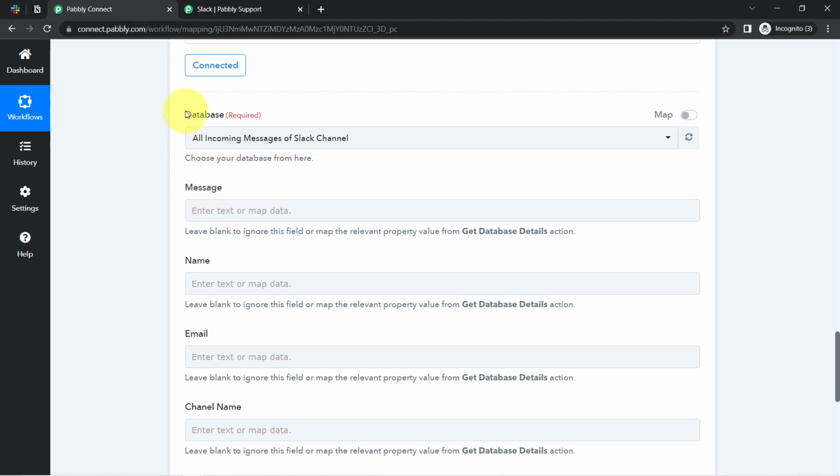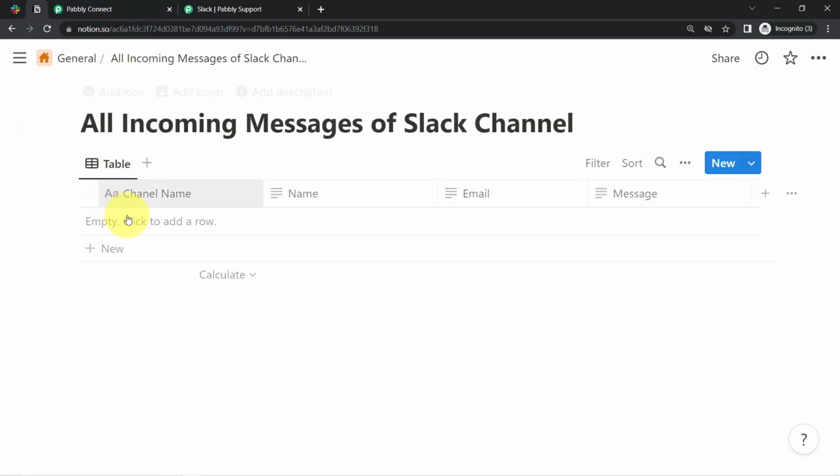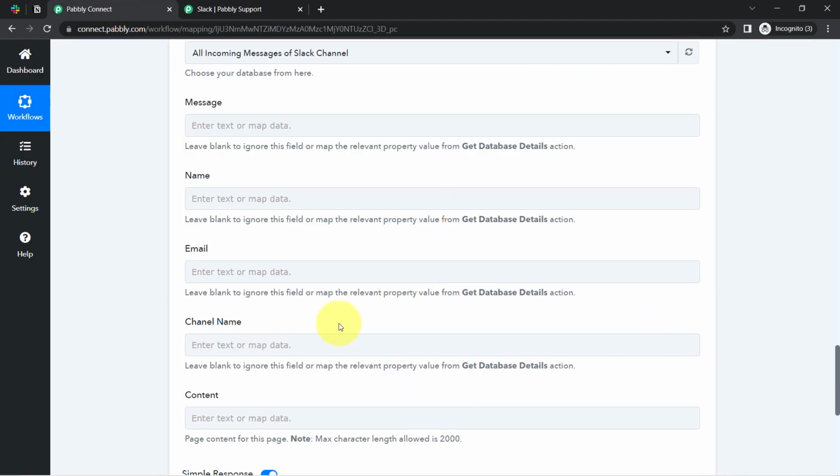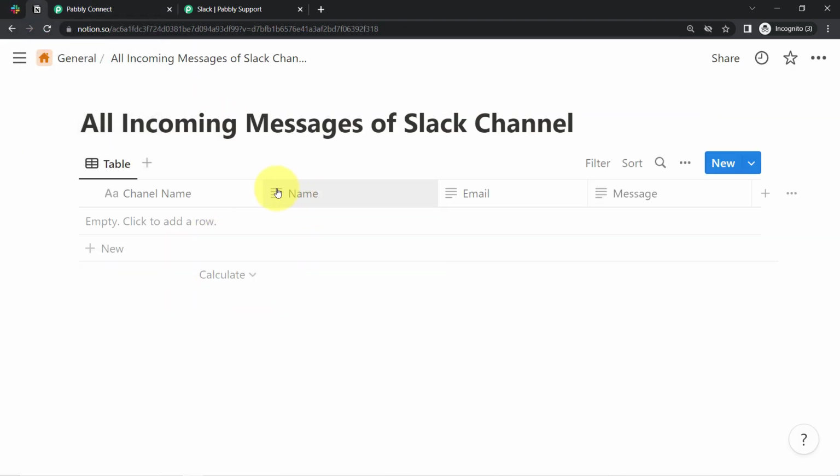Okay, so let me show you the name of our database is actually all incoming messages of Slack channel, and here you can see I have created 4 columns. One is channel name, the name, email and message. If I will come back and if I will show you the fields here, you will find the very same field. Okay, here we have the channel name, the email, the name and the message, and this is the default field. Okay, so I just need to provide the data here inside Pabbly Connect, and you will see how with the help of Pabbly Connect only the details will be added here